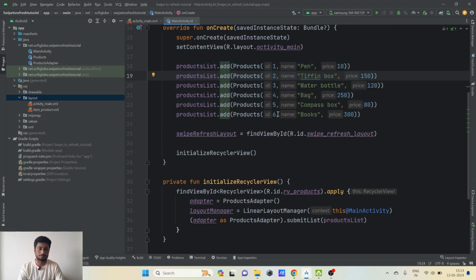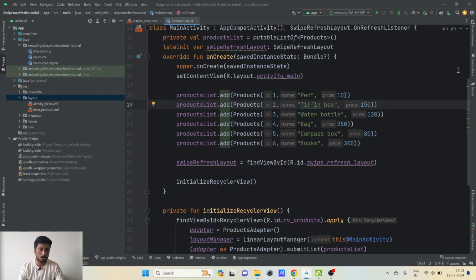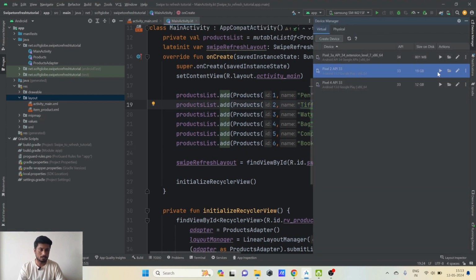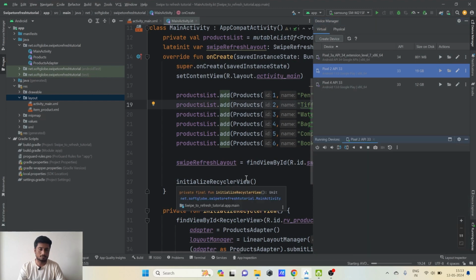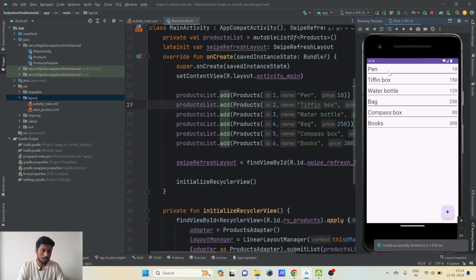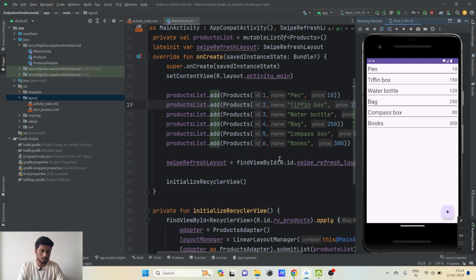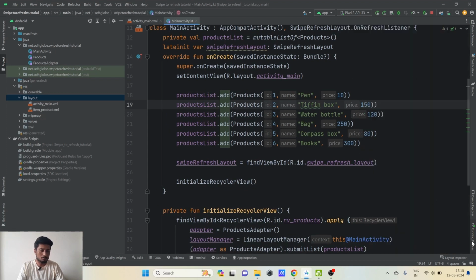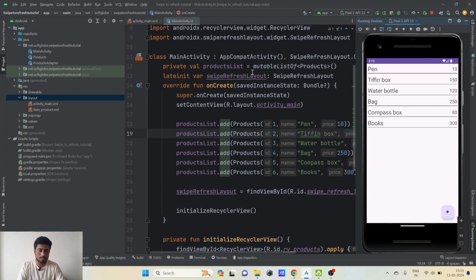recycler view's list. So what is happening now? Let me show you that in our emulator. Here the application is running, and here are six products we are seeing in our application. There is nothing happening if we click on this plus for now, because we haven't handled anything on the on-click listener of this. Now what we will be doing, we will be adding one more element to this list